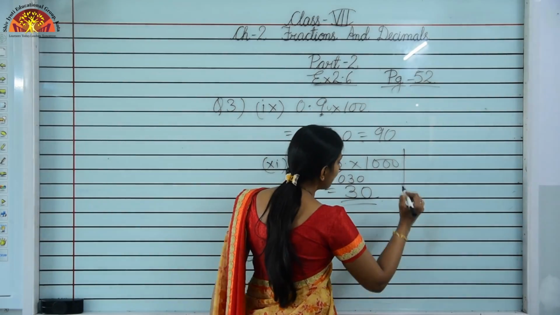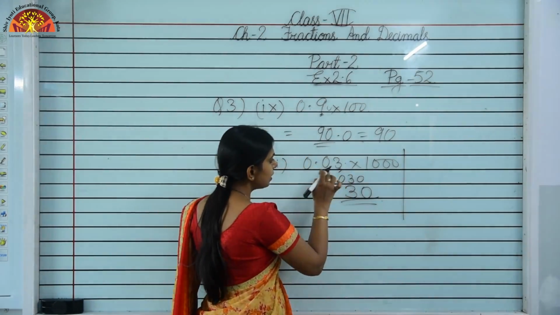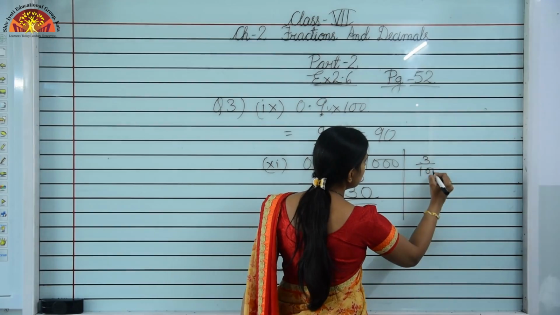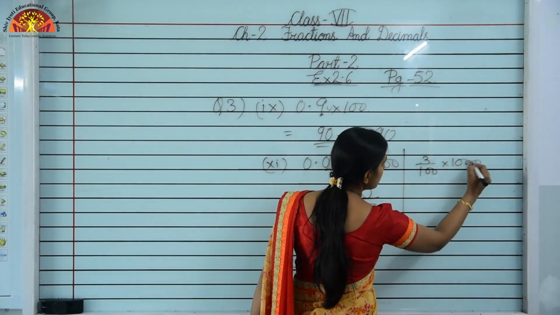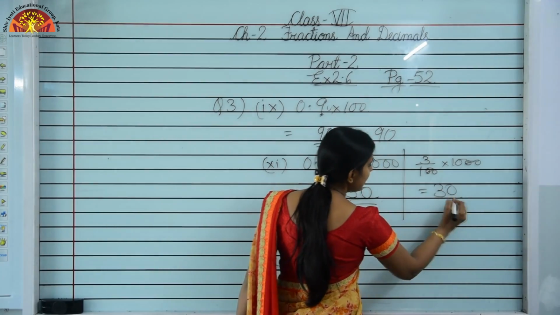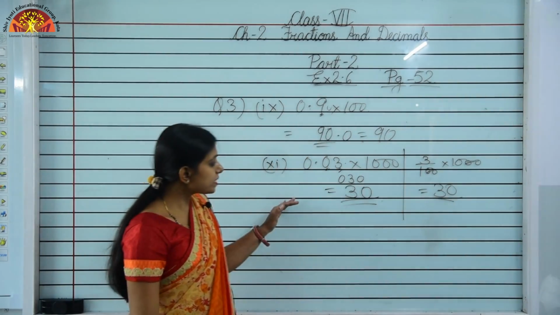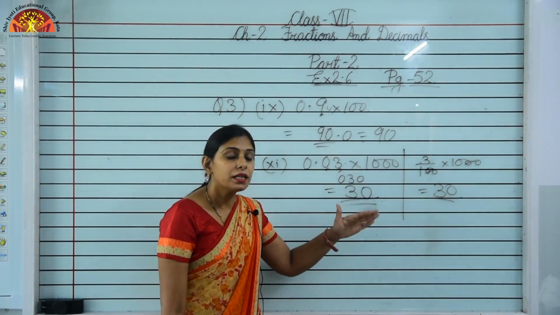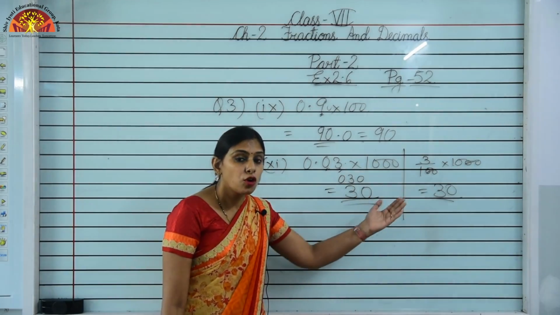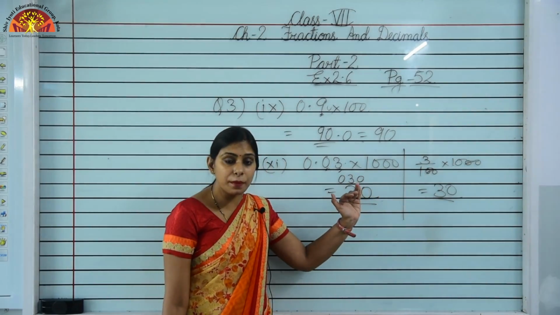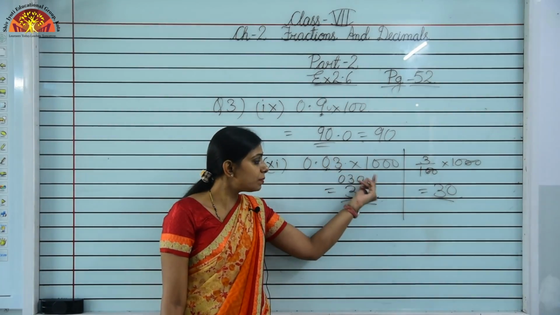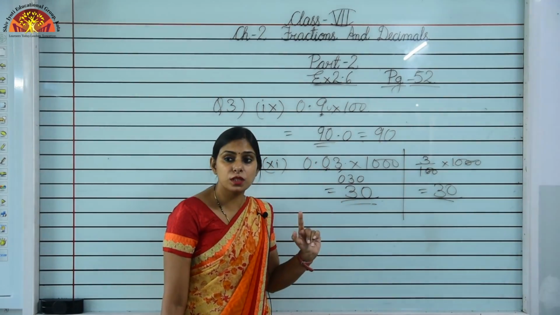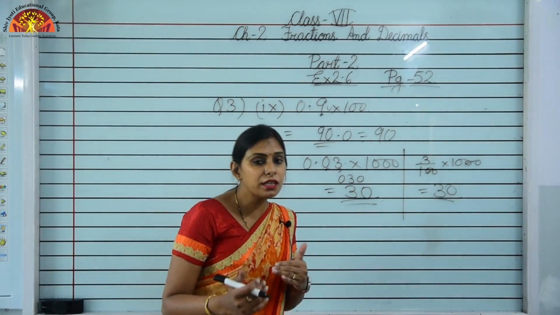In fact, you can check by solving it. 0.03 has the decimal after 2 places, so we can write 3/100 into 1000. When you solve it, you will get the answer as 30. Is it clear? But to avoid such calculations, we use the concept that whenever you multiply, the decimal gets shifted towards the right, and when it shifts right, the value increases. It was 0.03, but when we multiplied by 1000 we got 30, which is greater than 0.03. And whenever you divide, the value is reduced.